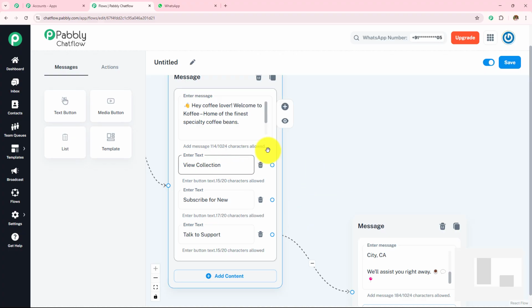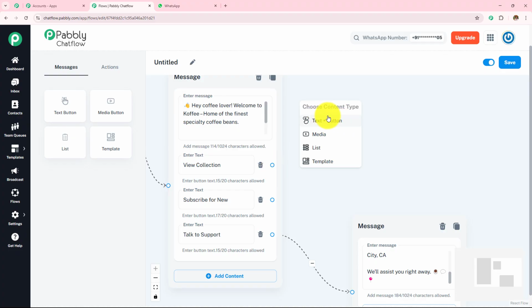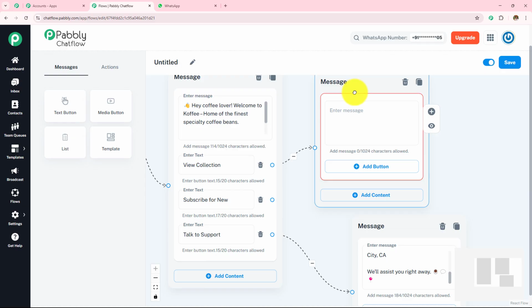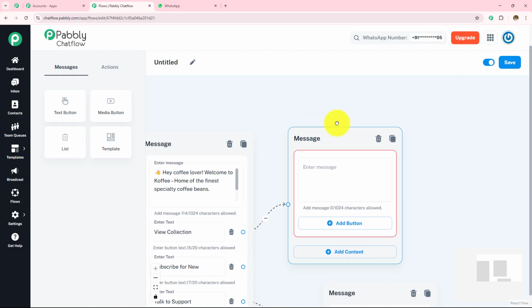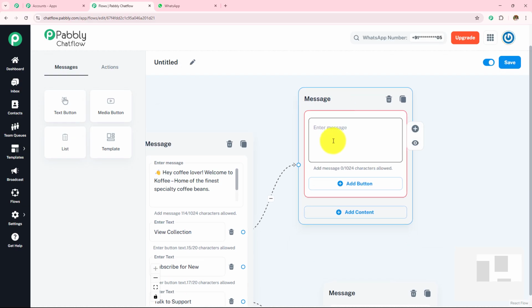Now I have to work with these 2 buttons. The first one is view collection. Now here I am going to provide full menu. For that I am going to choose my content type as text plus button. Here I have built the connection between these 2 circles, and I am going to write the message like